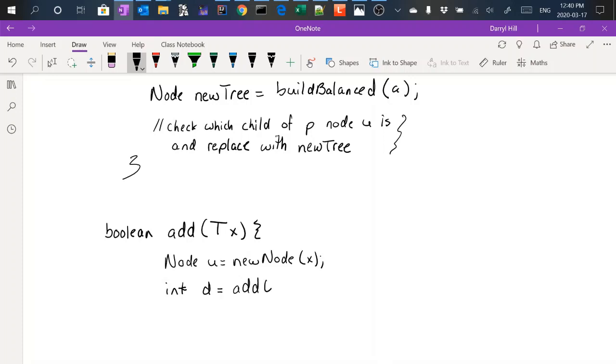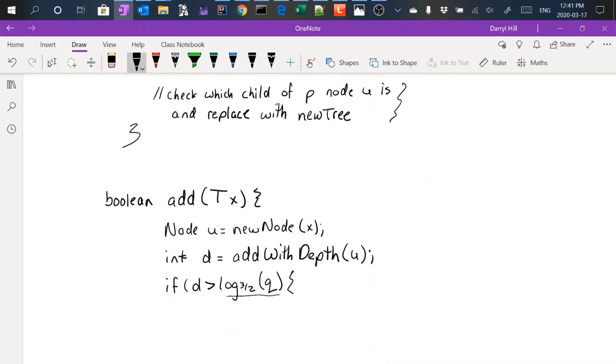It's add with depth, and you should be able to write it. It's basically an add function that just keeps track of every time you step down into the tree, so that it returns the depth of the node once you've added it. And then we want to check. Now I've written it here as a math equation, but log 3/2 q is actually a method. So in this case,